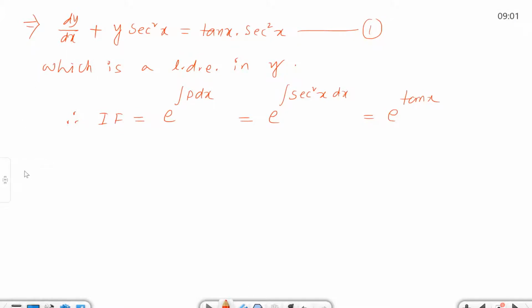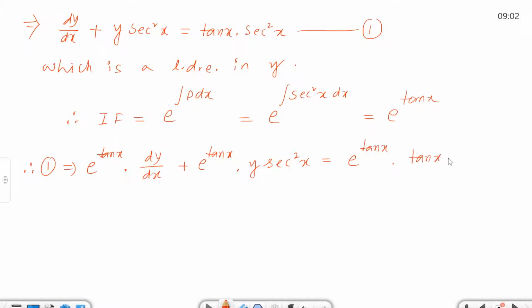Therefore 1 implies moi product to kore disu, 1 implies is e to the power 10x into dy dx plus e to the power 10x into y sec square x to already ase tumi sailo tate y sec square this term y sec square is equal to yateu e to the power 10x into sec square etu hoise mor expression to sobote e to the power 10x yateu e to the power 10x yateu, baki term bilek eke thakibo etu dy dx to same ase y sec square x as it is